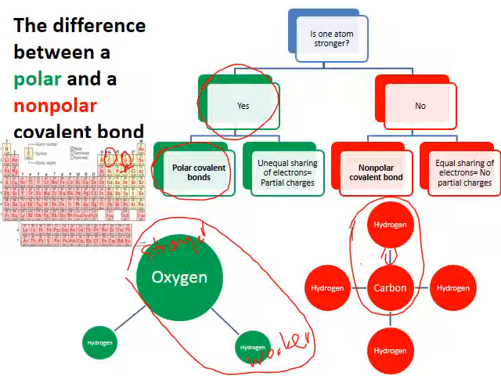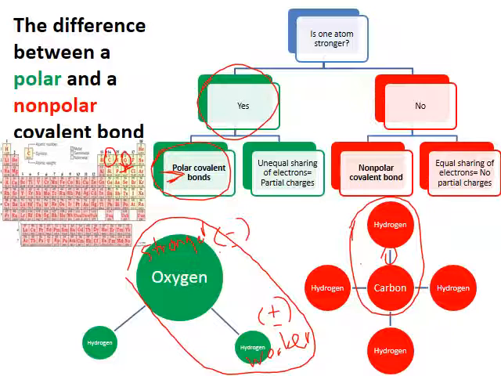If we look at this bond here, the stronger atom is going to have the electrons more of the time. So the electrons are going to be around the nucleus of the oxygen more of the time, bringing their negative charge there a little bit more than around the hydrogen, which means that oxygen is going to have a partial negative charge. The electrons are going to be around the hydrogen a little bit less, so it's not going to be as negative, which means it's partially positive. So this bond has poles: a negative pole here and a positive pole here, kind of like a battery. That's why we call it a polar covalent bond.